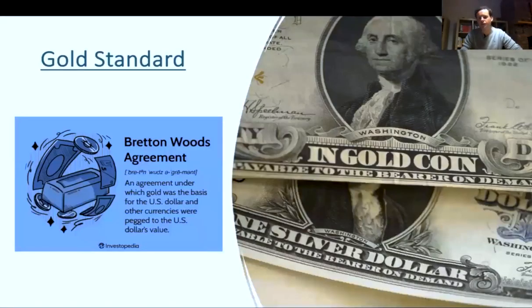But let's go back a bit in history, because the US dollar, due to the Bretton Woods Agreement after World War II, was to be backed by gold with other currencies pegged to the US dollar's value. This is what happened after World War II, and this is what essentially made the US dollar the global reserve currency that we know today. You can see in the photo here, if you look at the notes, each note was redeemable in gold. So each amount of US dollar was backed by an amount of gold. It was therefore hard to increase the supply of US dollars because they had to be backed by gold, and we know that gold is a relatively scarce asset, so they couldn't just print more and more money.